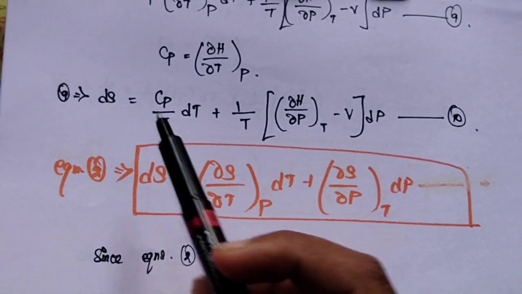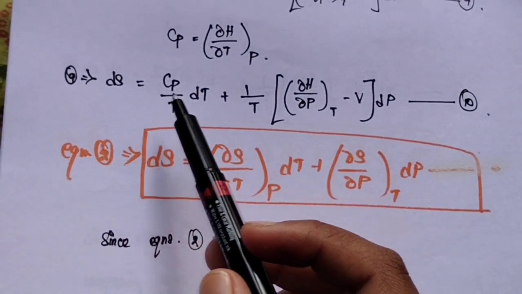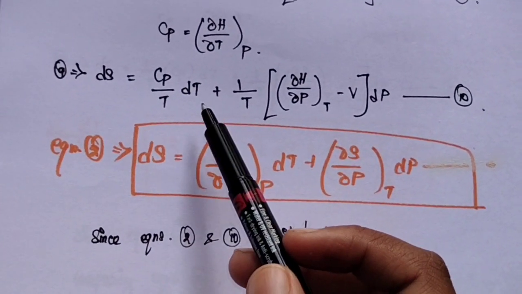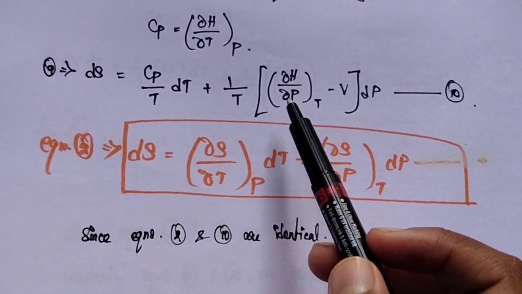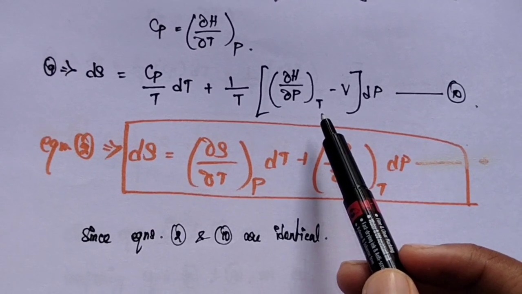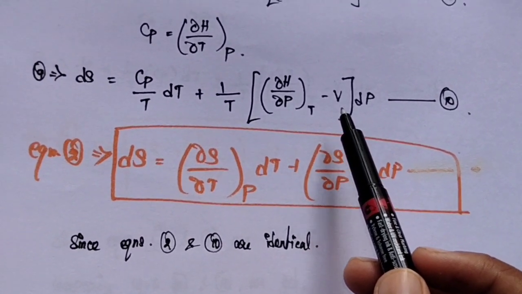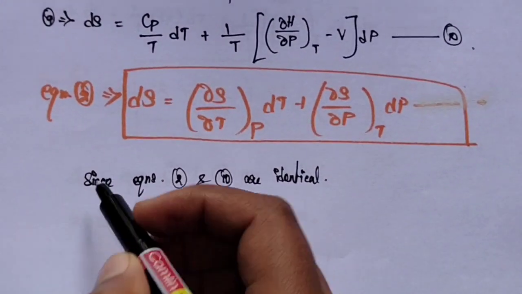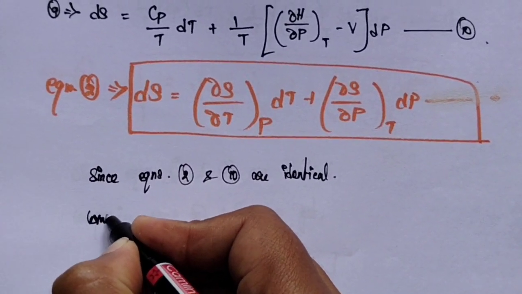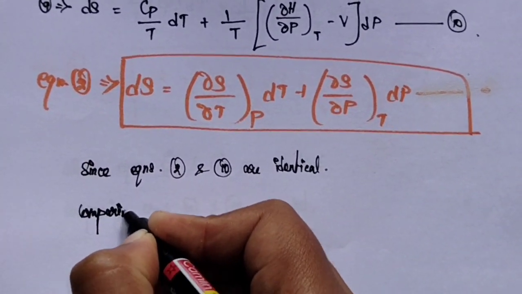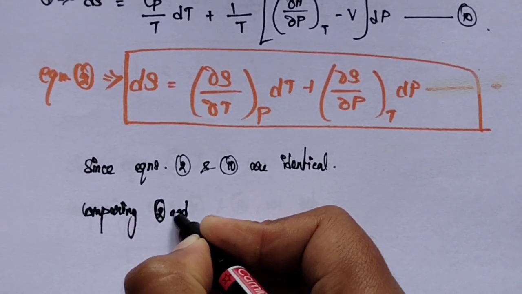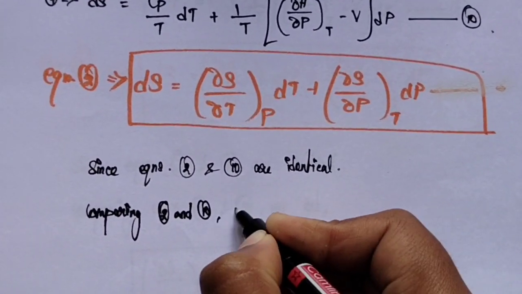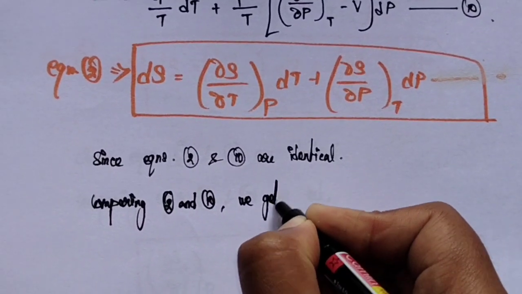So equation 10 is here, that is dS is equal to Cp by T times dT plus 1 by T times [(∂H/∂P) at constant temperature minus V] times dP. So while comparing equation 2 and 10, we get